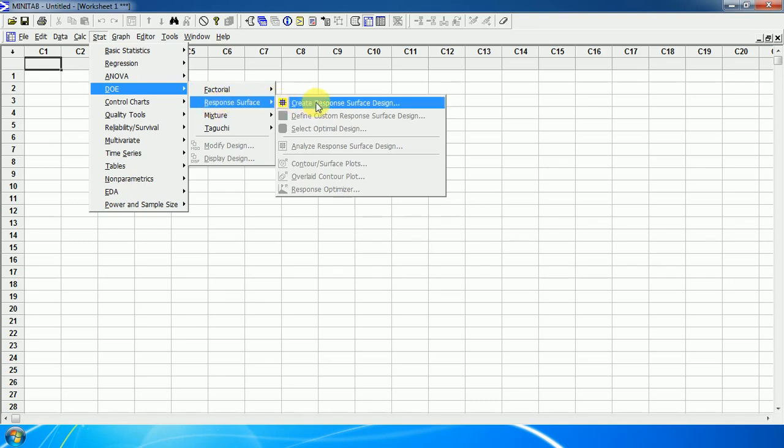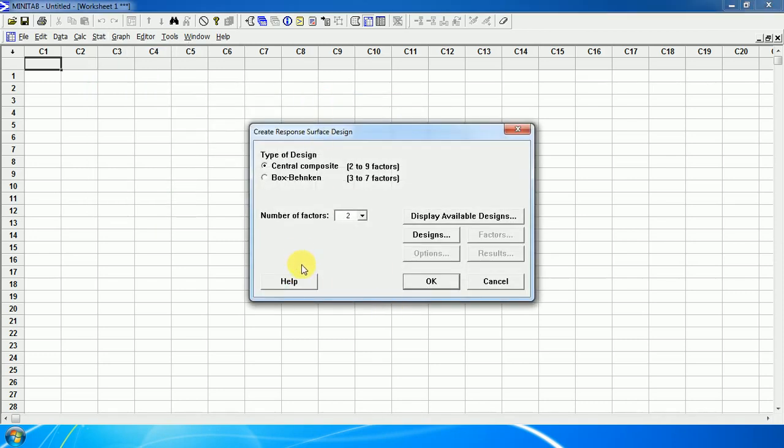Then we will create the design. Response surface methodology has two types: central composite design, which is suitable for 2 to 9 factors, while Box-Behnken design is suitable for 3 to 7 factors.